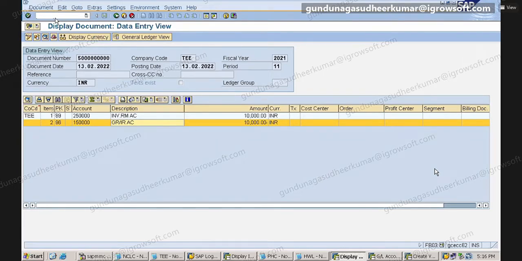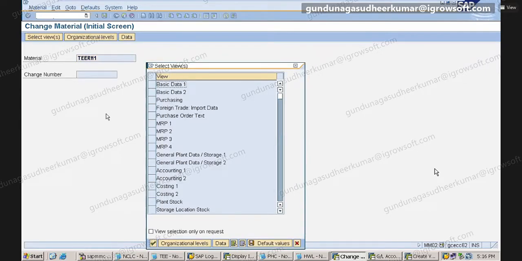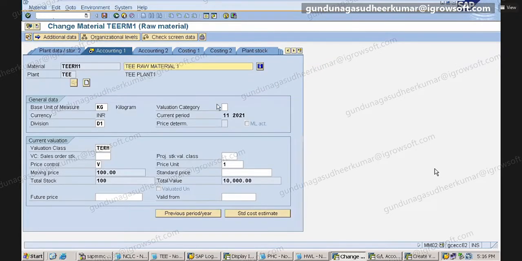Now if I go to MM02, this is the raw material, and I want to look at the accounting one tab directly. Press enter. You can select my plant.